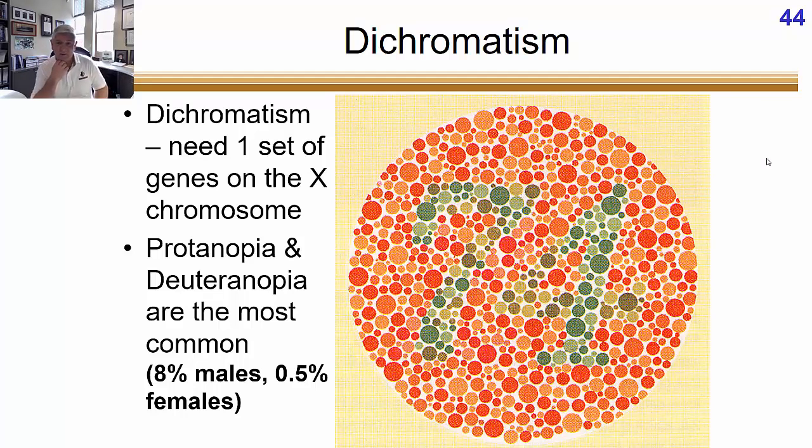So this would be a type of test. We're going to do color vision testing when we get back in person. That's going to be your next lab. And I've actually had some people discover that they were colorblind by doing this lab, some male students who didn't realize that they were colorblind because they can still discriminate between colors. They just see them in a different way in their brain.